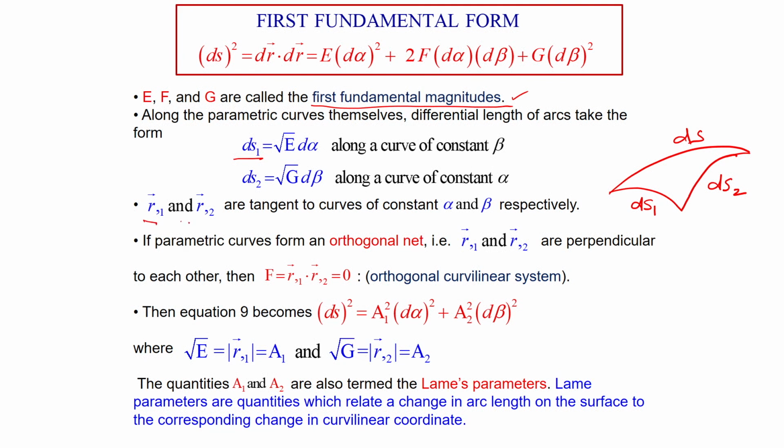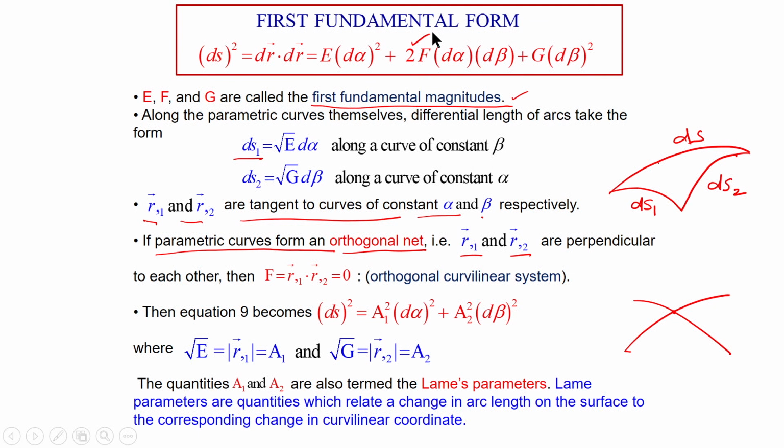R comma 1 and R comma 2 are the tangents to the curves of constant alpha and beta. So, basically for these curves, if you make a grid over alpha and beta, if the parametric curves form an orthogonal net,